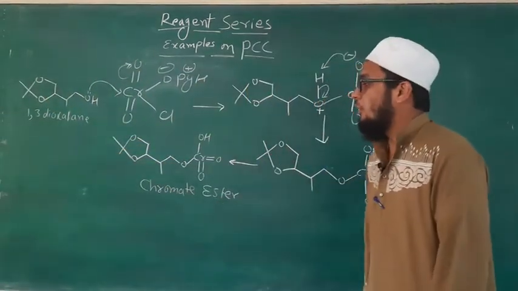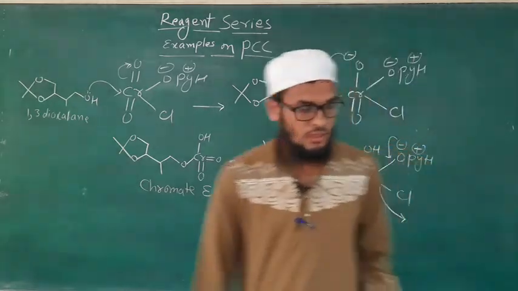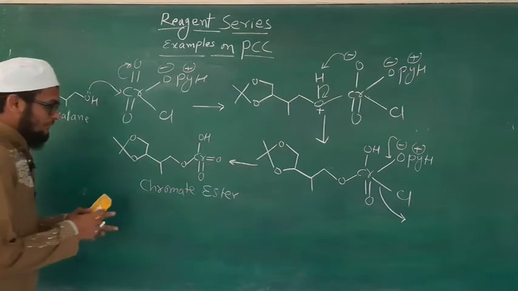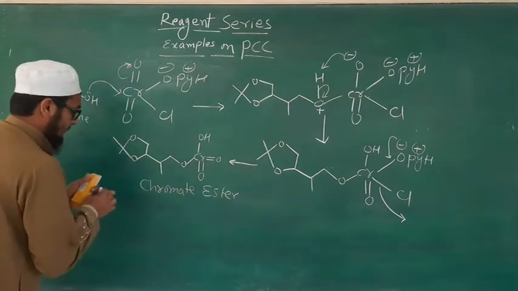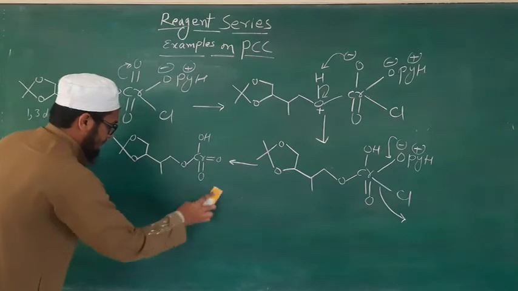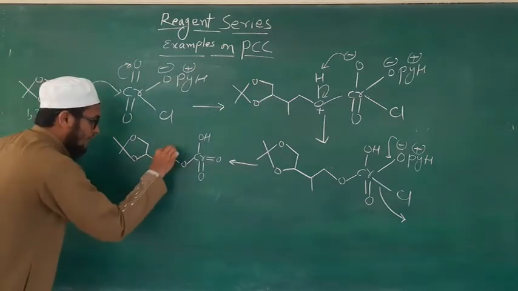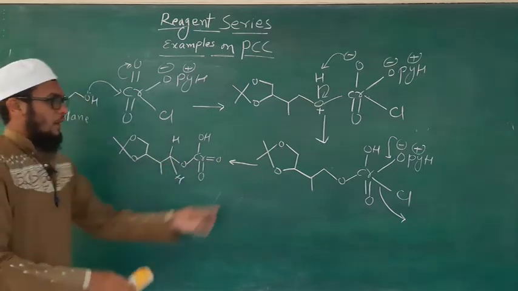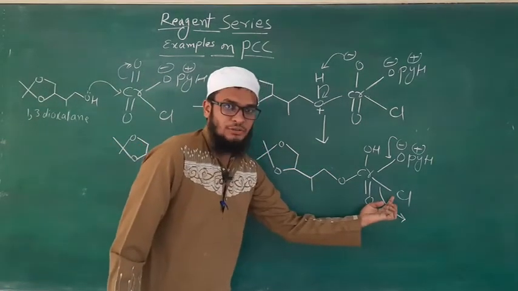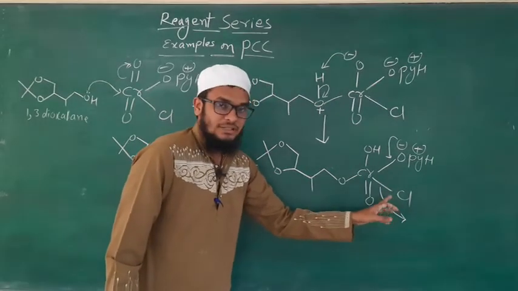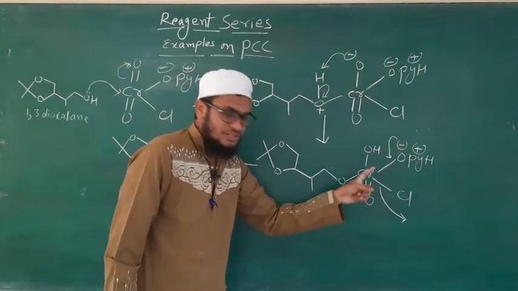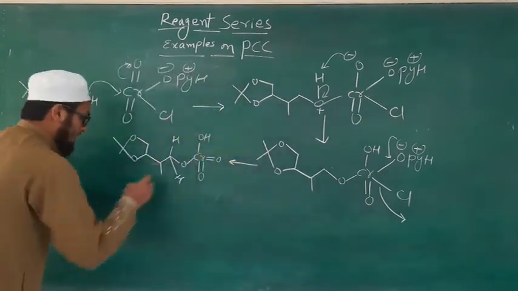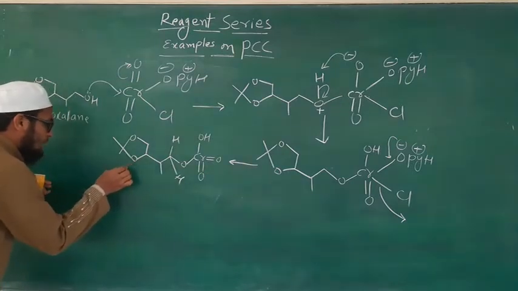Now in the next step, what will happen? I will write it down. Now look at here. In our structure, it has two hydrogens. One hydrogen here, I will write another hydrogen here. Okay. Now look at here. This chlorine, it got eliminated from this structure. So it is free in our solution, in our reaction mixture. So I will take that chloride to extract the hydrogen.